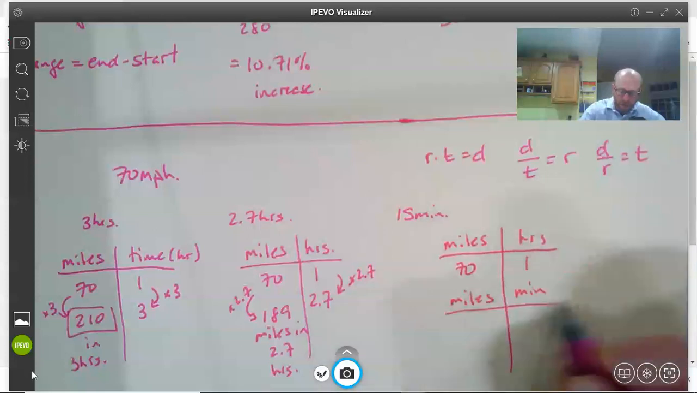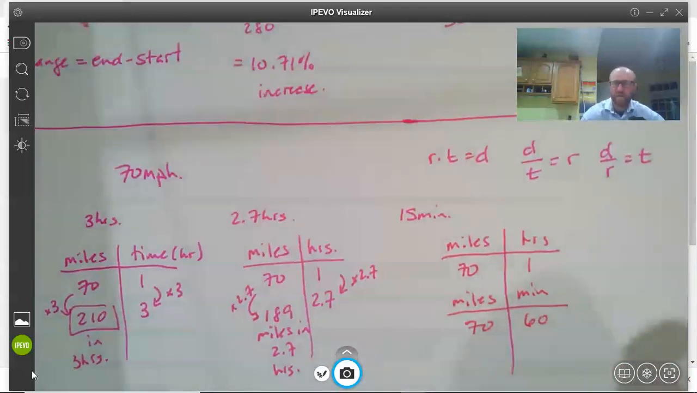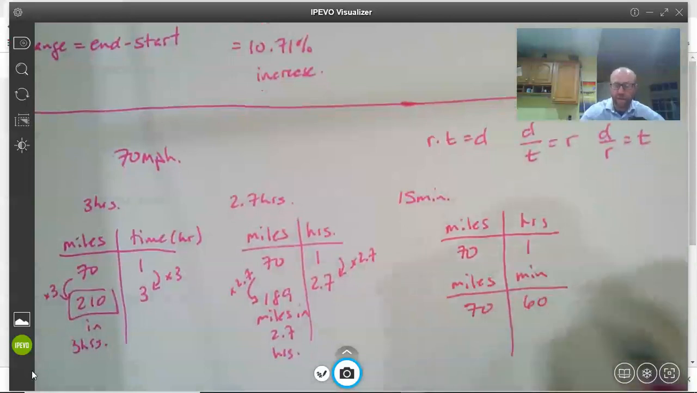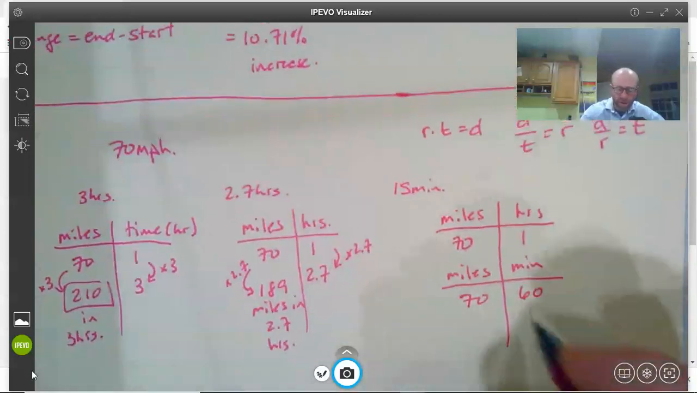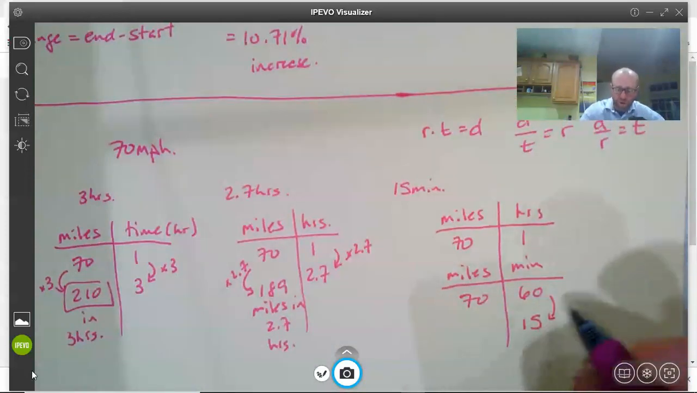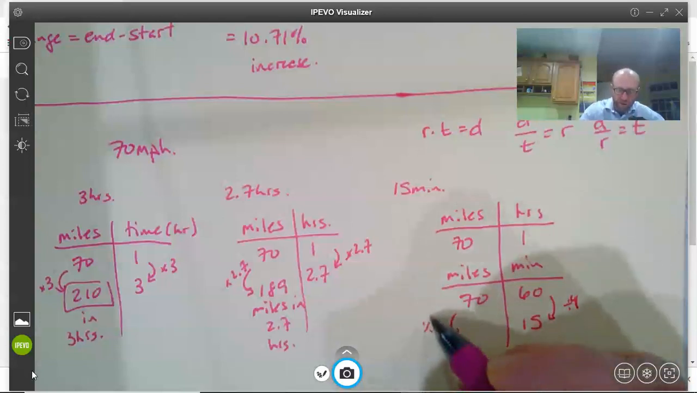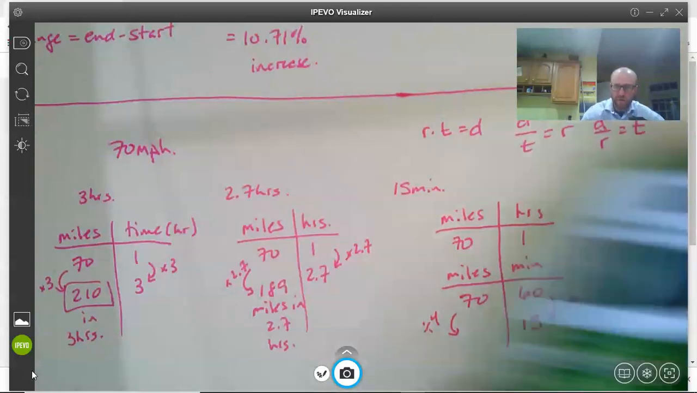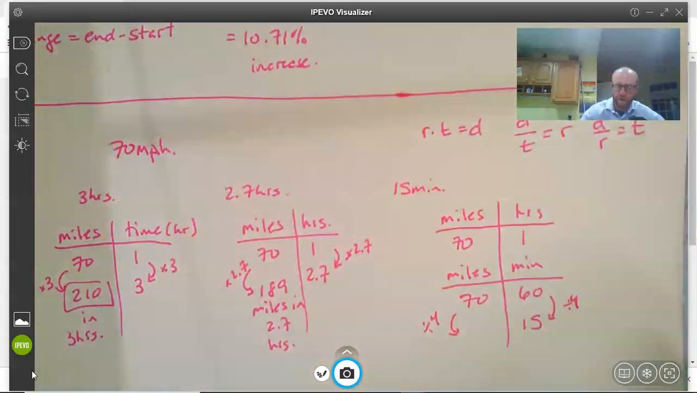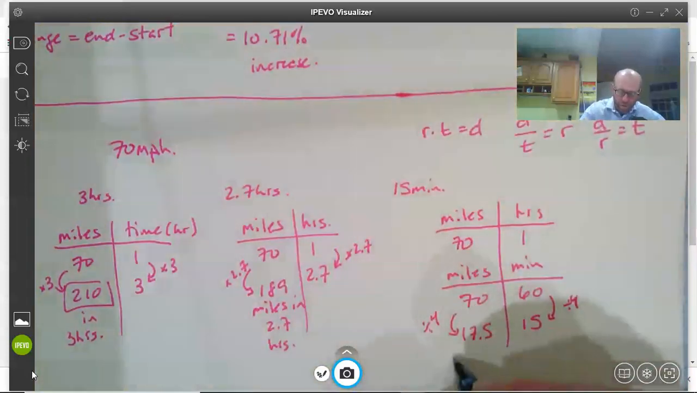miles per minute, well, that's 70 miles in 1 hour is the same as 60 minutes. And I could sort of scale this down to find out how many miles per 1 minute, but I can kind of leave it as it is, because what I'm interested in is 15 minutes. Well, from 60 to 15 is divide by 4. So I'm going to take 70 and divide by 4 as well. So let's see. 70 divided by 4 is 17.5. 17.5 miles in